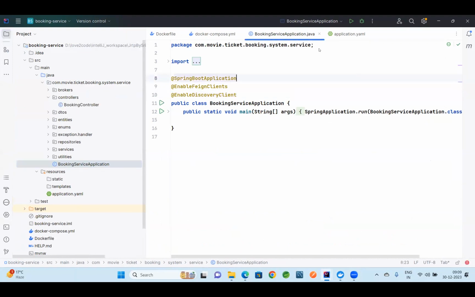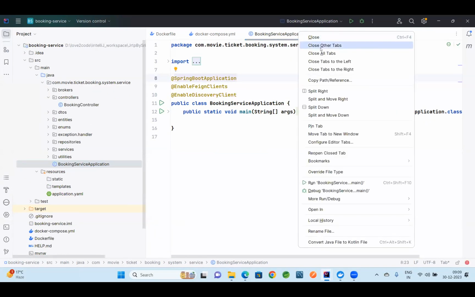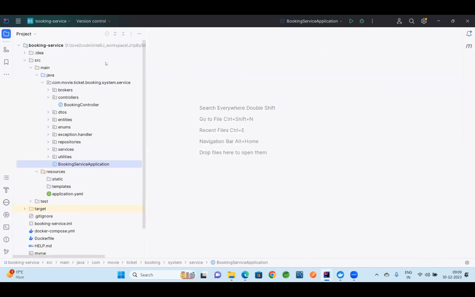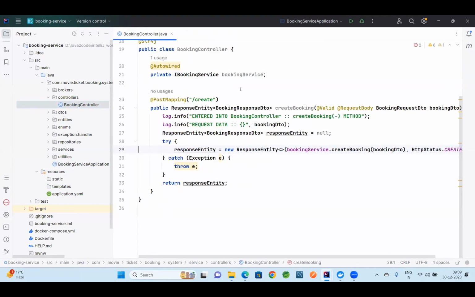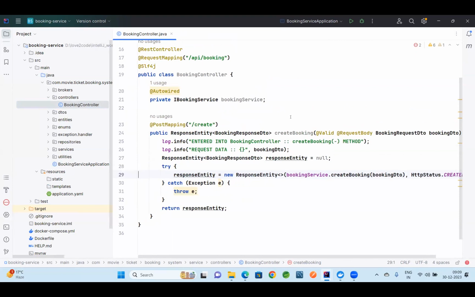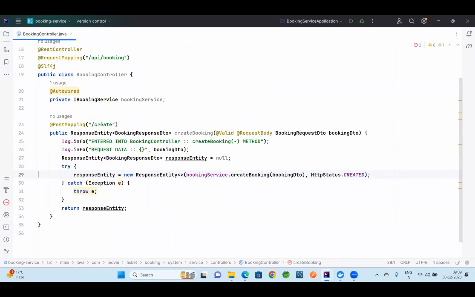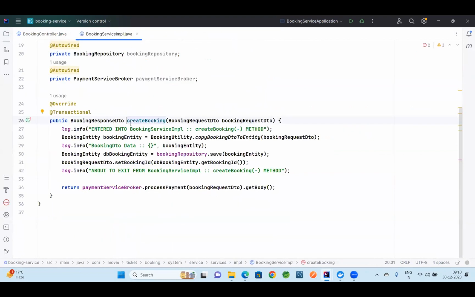So booking controller only. Yes, sir. I'm closing all these. So here what we are actually doing is sending the booking details over here, correct? And then we are calling the booking service. Go to the create booking directly. Yes. So here, once you go to the create booking,